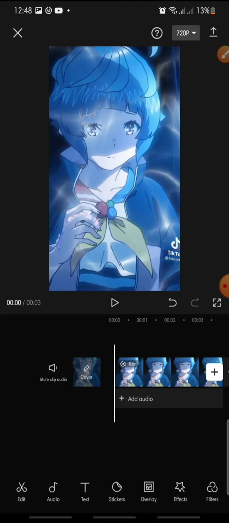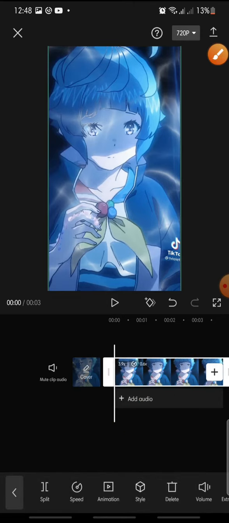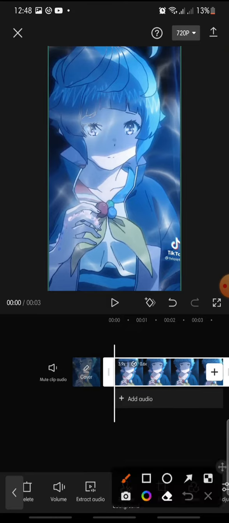First, open your CapCut app and add the video that you want to edit. And after this, if you want to add a fade in and fade out on your video, you just click on the video. Click on it. And after this, at the bottom you can swipe until you can see extract audio. You can click on it